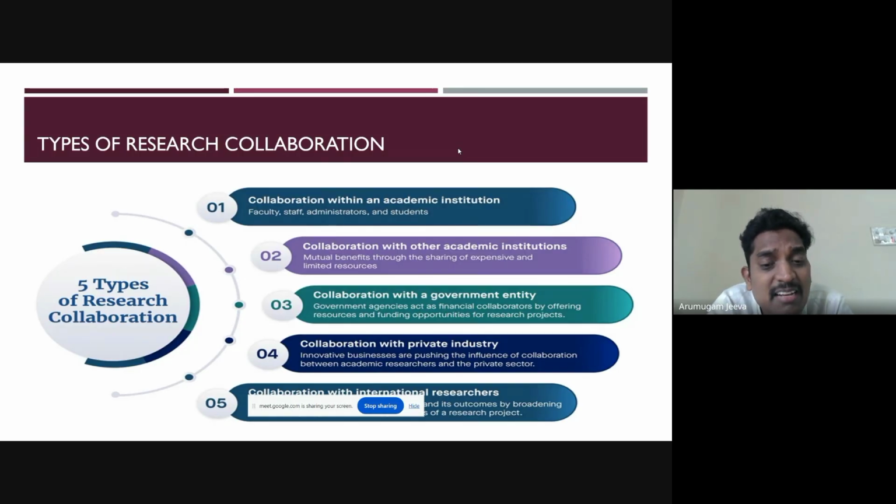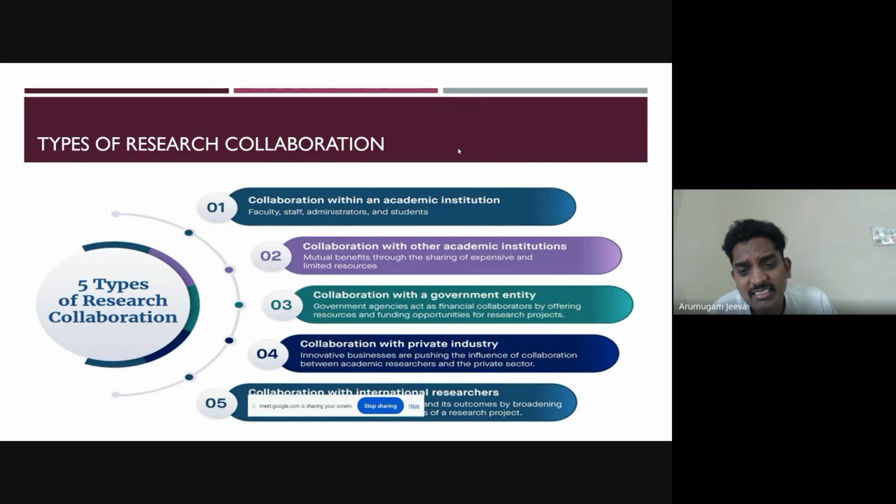This really benefits the institutions mutually through sharing of expensive and limited resources. This is also very important. The moment we talk about collaboration with other academic institutions, it helps you benefit mutually, and you share your expensive and limited resources among your people. So it really opens a door to more benefit among the research